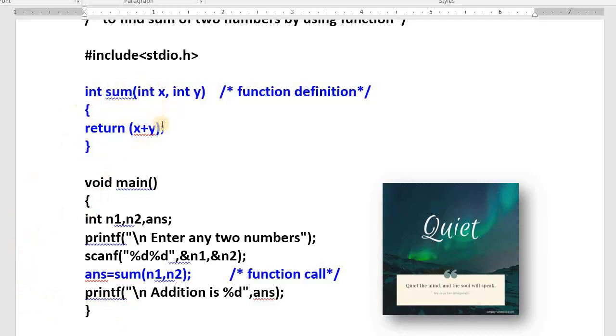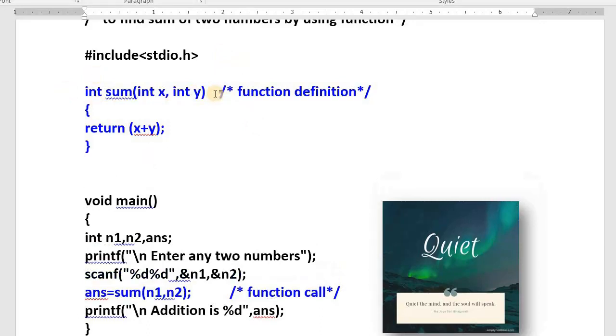If you write the function definition after the main, then a function prototype is required, otherwise not required. This is very important. Most C programmers come under confusion. Don't create any confusion in your brain. Very simple: if you write the function definition after the main, a function prototype is required, otherwise no. For a function prototype, a semicolon will come. For a function definition, there is no semicolon. Most programmers or students make mistakes in lab in the higher semesters. Don't do it yourselves.